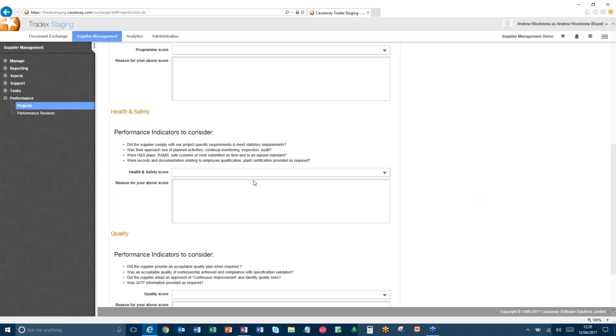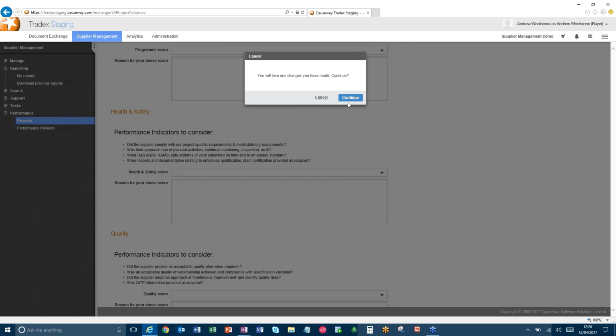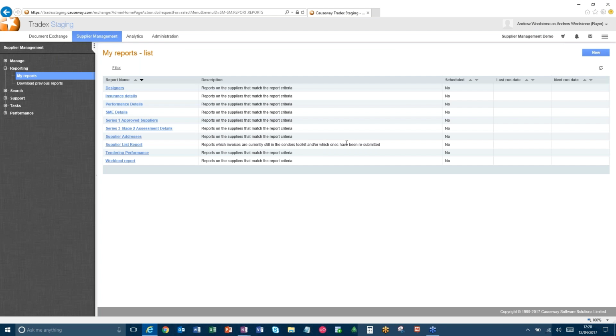So that's a little bit about the performance management. And that's capturing the information, routing it round, people have tasks, review that, complete that, and submit that into the system. Now, making use of that system, as I mentioned, one area is the search results, another is the report writer. So you can create your own reports that may want to report on any of the information in the